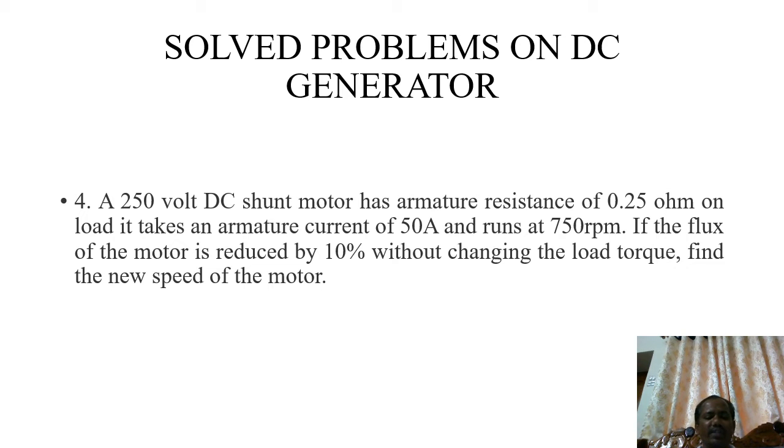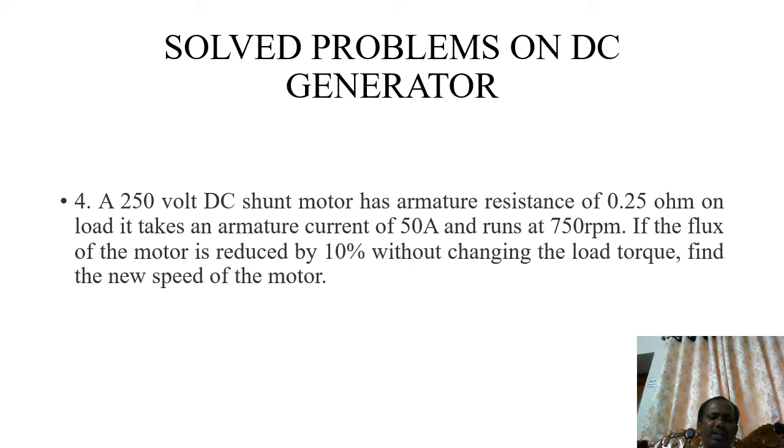What does it say? Here the earlier problem was a shunt generator, and we are now discussing a shunt motor. So already you know the data. We are already completing this topic, but you can note it here. A 250 volt DC shunt motor we are discussing. You can consider this problem as a generator, otherwise motor. Whatever possible way you can draw it, because it is just opposite in direction, you can write the equation.